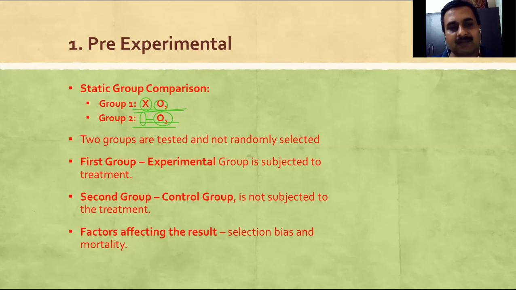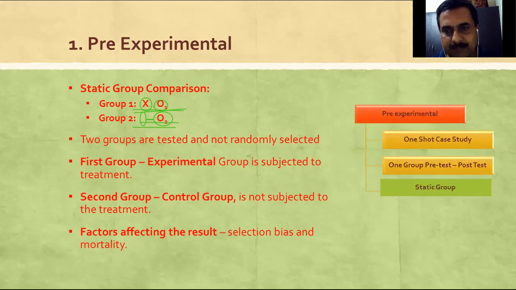And mortality: the research has started with 200 people, and during this research or training period, suppose 50 people have left that training. So test unit mortality must be there. So if you take the feedback from 200 people and if you take the feedback from 150 people, and 50 people must have left this training, so difference in opinion would definitely be there, and it is also going to impact your research result. So we have covered this third part also.